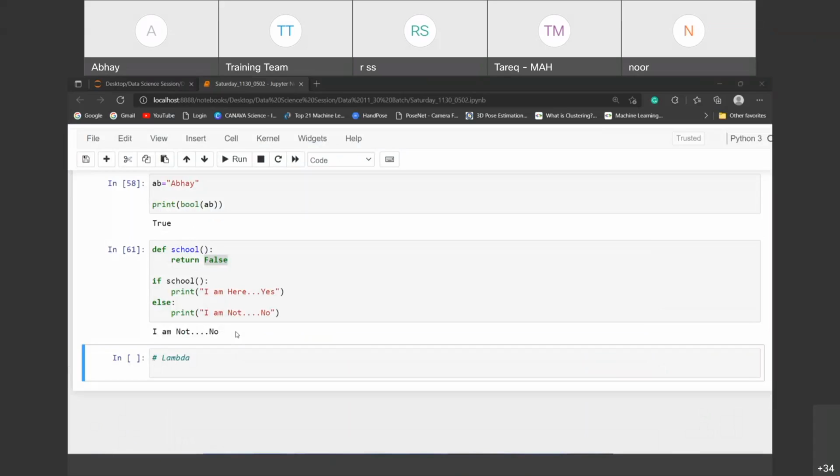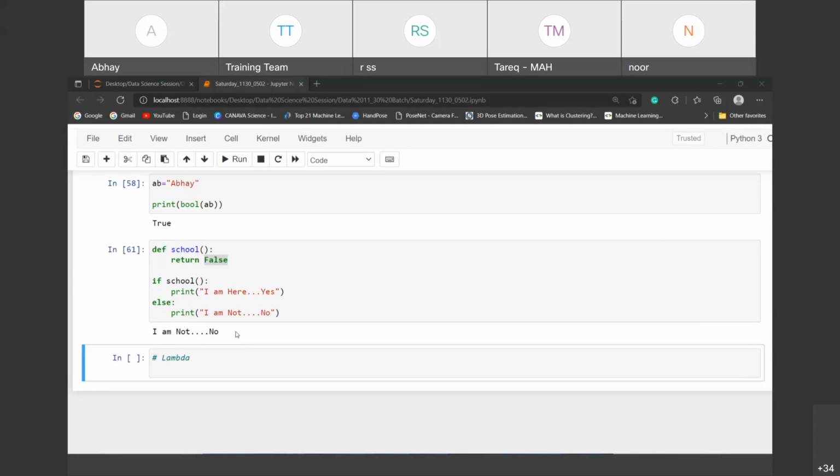So lambda is a one line expression, so you can pass small functions like this. You cannot use lambda in big functions or big programs. It is actually a one line expression, and if you pass one line, that is enough.